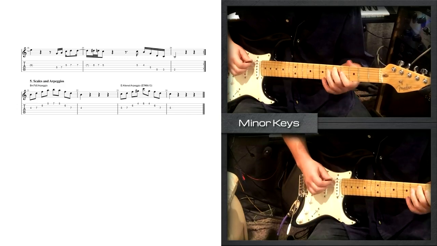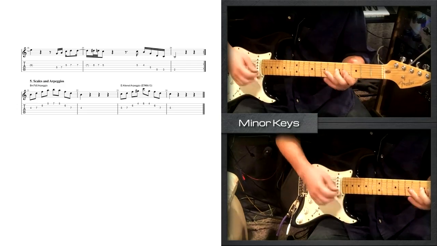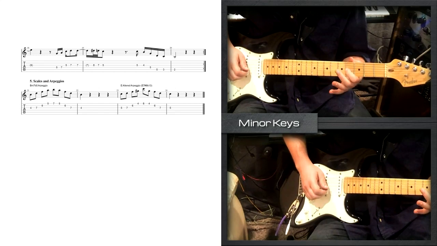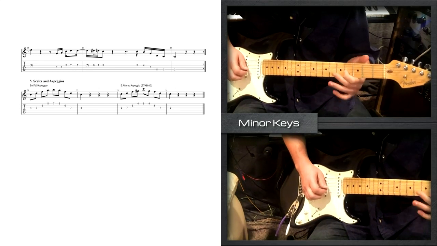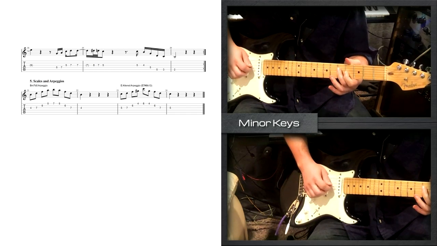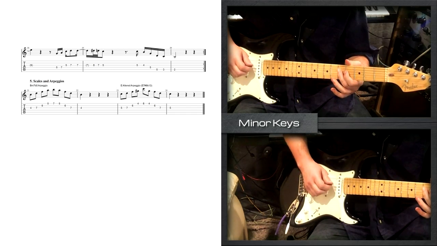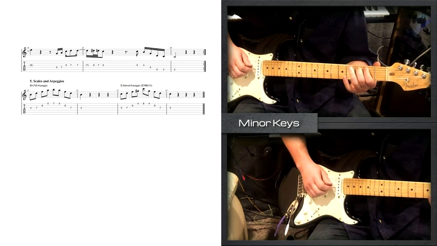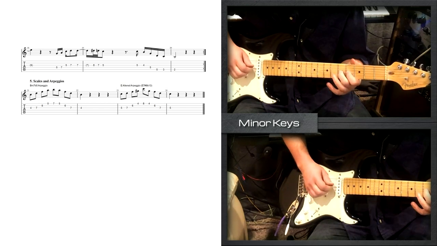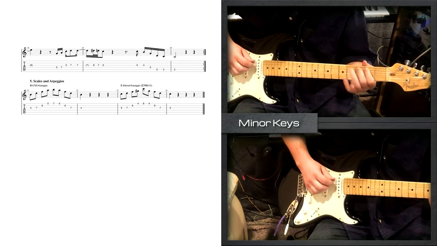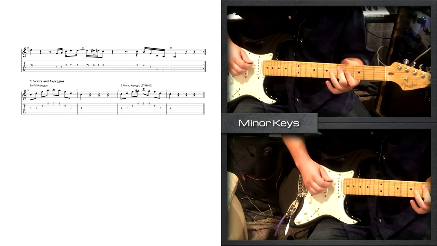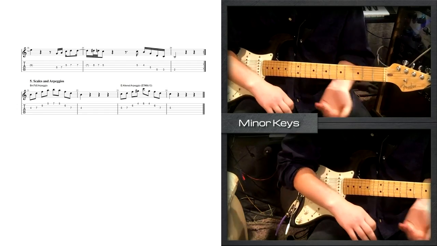So, to do that, I have my middle finger here on the 5th fret of the G string, going down to my first finger on the 4th fret of the G string, going over here to the 5th fret of the D string, 5th fret of the A string, sliding down to the 3rd fret from that zone, and then using my first finger on the 2nd fret of the A string. And then for picking that, for all the other stuff,